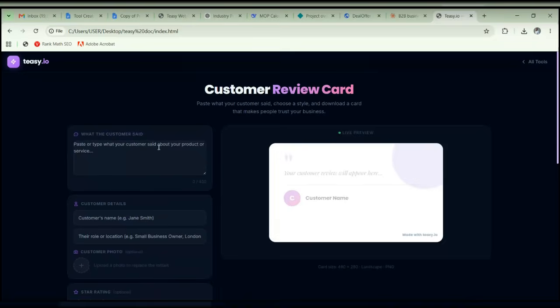If the customer said something, you just type it here. I enjoyed the service. You could create something like this and sell it in bulk. I enjoyed this service. You see, you could put the customer name here. I don't want to go through all of that because of time, but you could create something like this, sincerely,